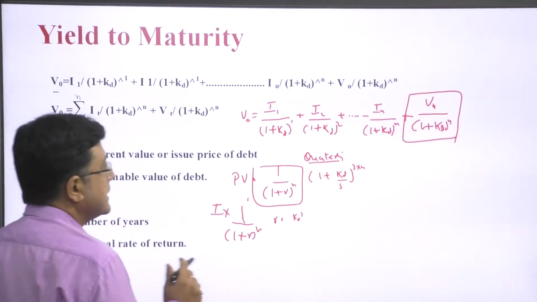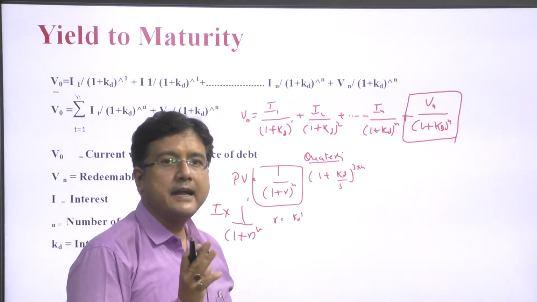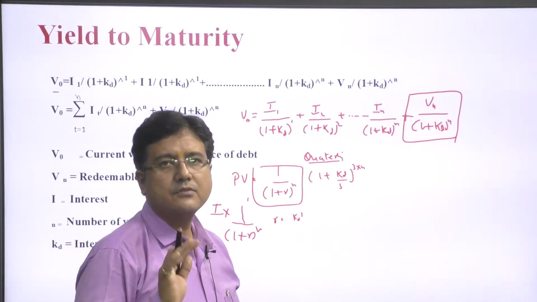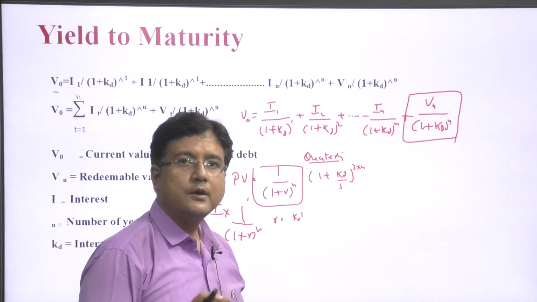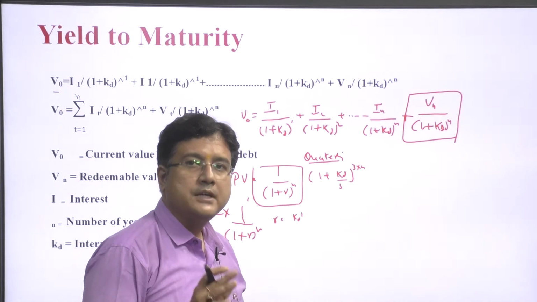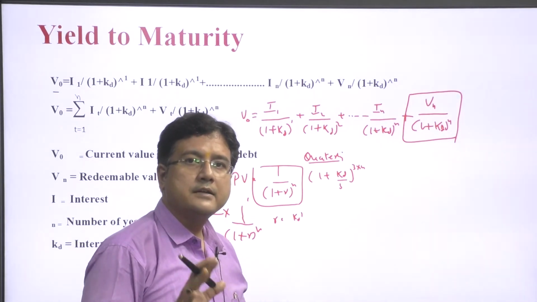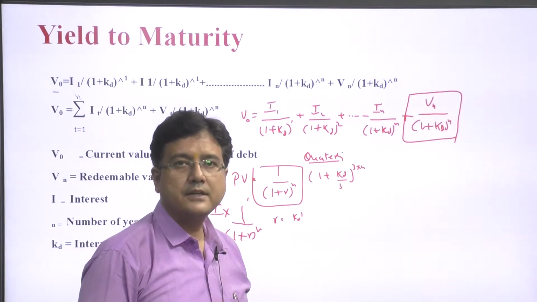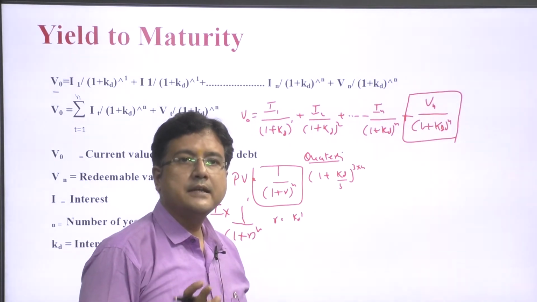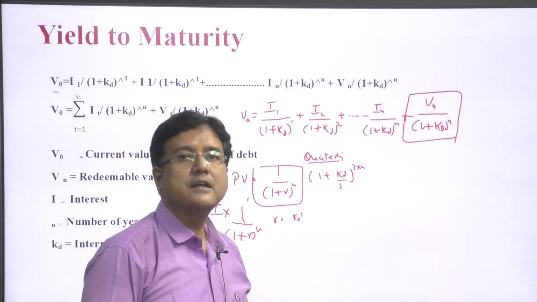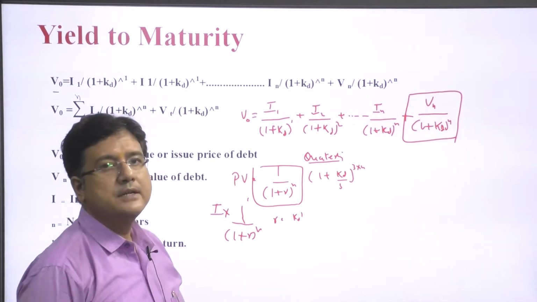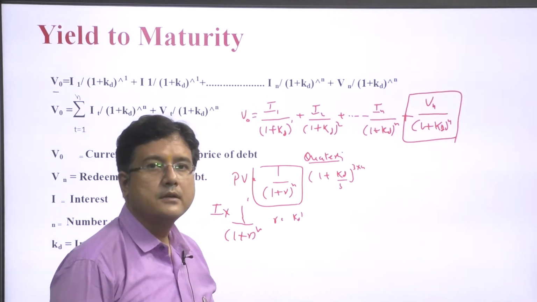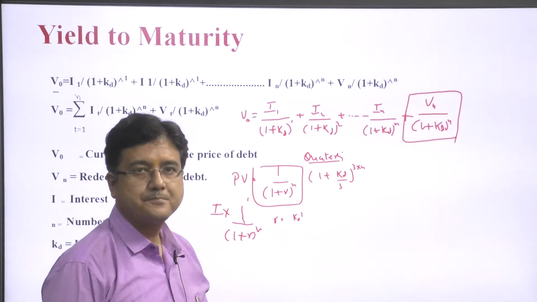It implies that at the end of the period, after 5 years, in the 5th year you get the interest. Similarly, in the same year we also get the redeemable value. So, when you get the redeemable value in the 10th year, 7th year or 5th year, it must be calculated at the rate of present value. As per the time value of money, we can also calculate the redeemable amount in present value factor.